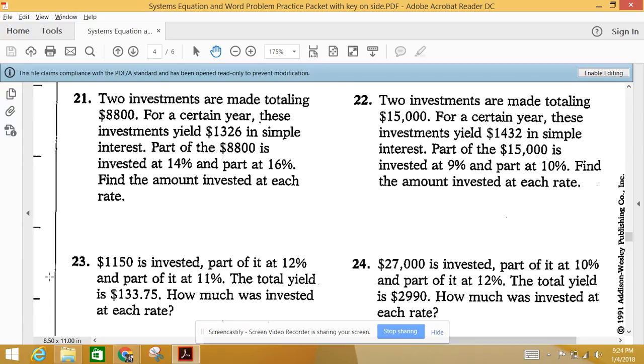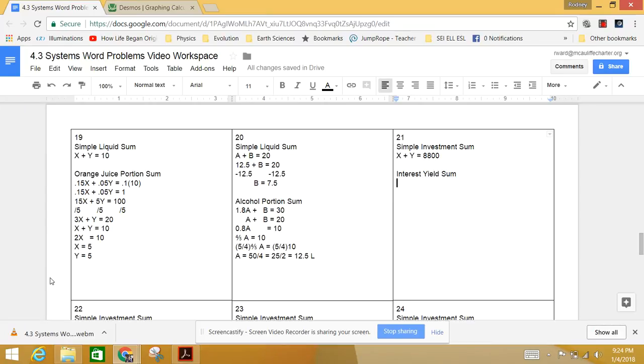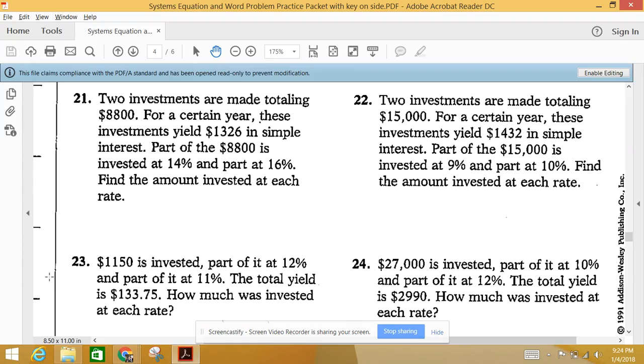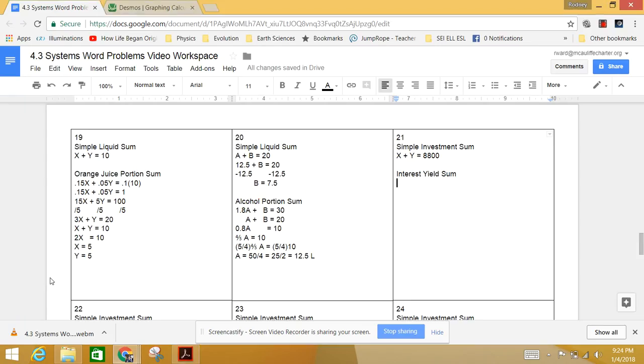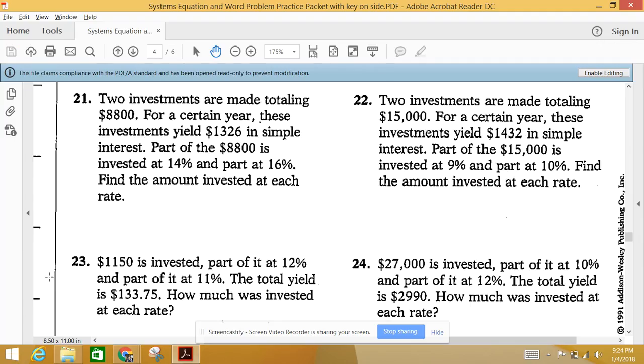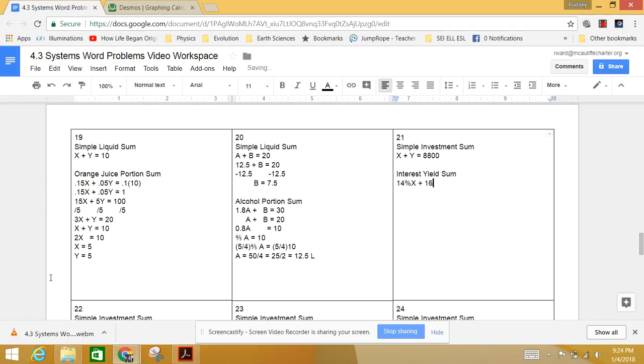So we have a second equation, which I'm going to call the interest yield sum. It's the interest yield sum because we're going to get 14% of x plus 16% of y. And that's going to equal